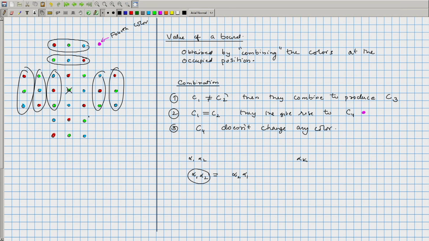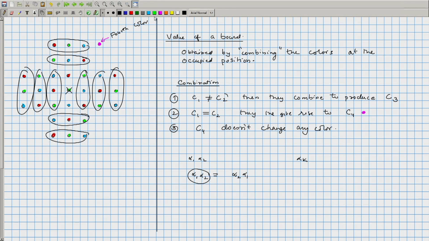Okay. And the pinks, when they combine with each other, do not bring in any change. So you are going to get a pink by combining these. And the red and blue were occupied positions, whereas the green in the center was unoccupied. So the total value of the board is going to be the value that you get when you combine a red with a blue, and that is going to be a pink, and the others combine and give a pink, and pink and pink combine to give you a pink. So the initial value is going to be pink.